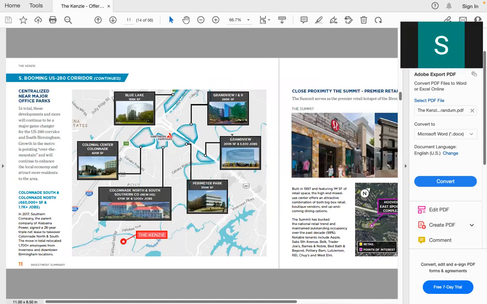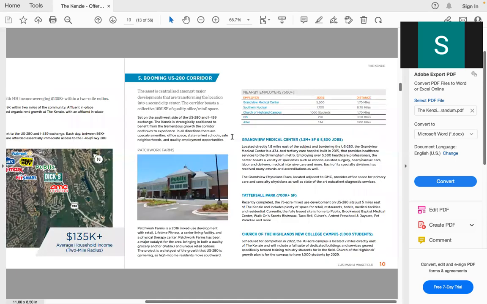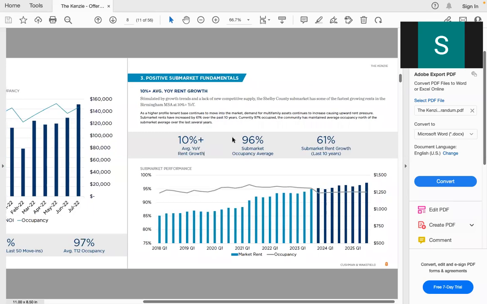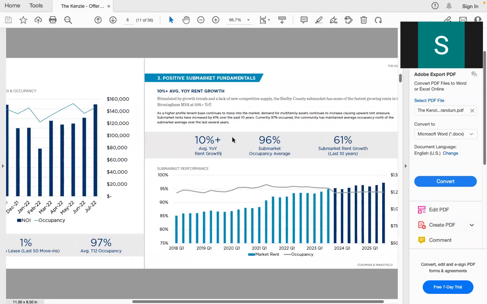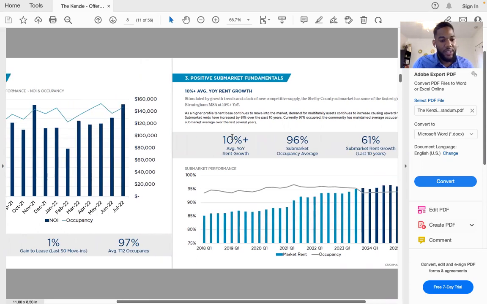So how do we get these numbers? Let's say we don't trust the broker, and we want to see the year over year rent growth, especially since the last year has been very abnormal in terms of rent growth. If you want to see the future projection for the next 5 years, what will be the best way to get these numbers? So usually, if you have a good relationship with a broker, CoStar would be a good resource.